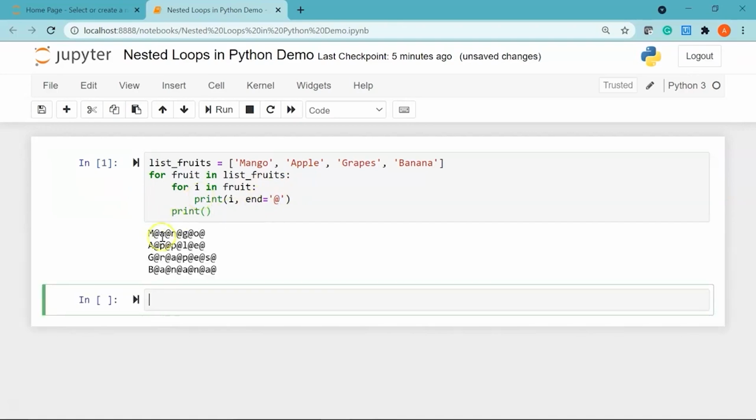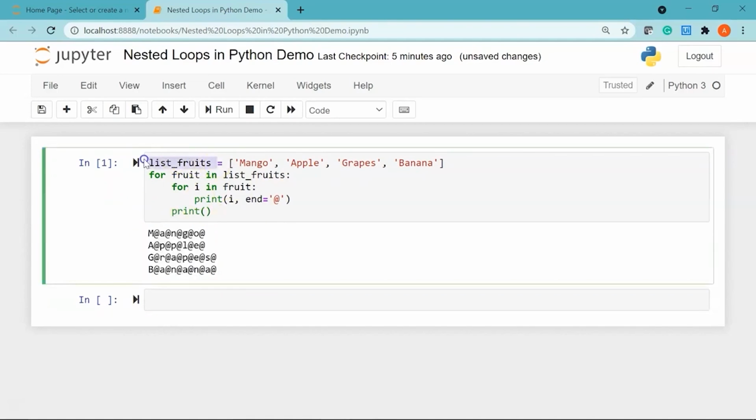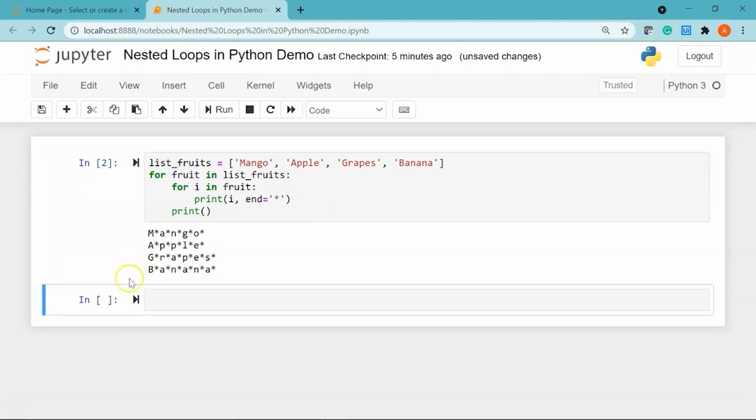So here you can see we have printed the different items that were present in my list, which was list_fruits, and for each item the letters in the item have been separated by the @ sign, you can see here. Alright, if you want you can change this symbol to, let's say, star. If I print it, you can see the difference in the result.